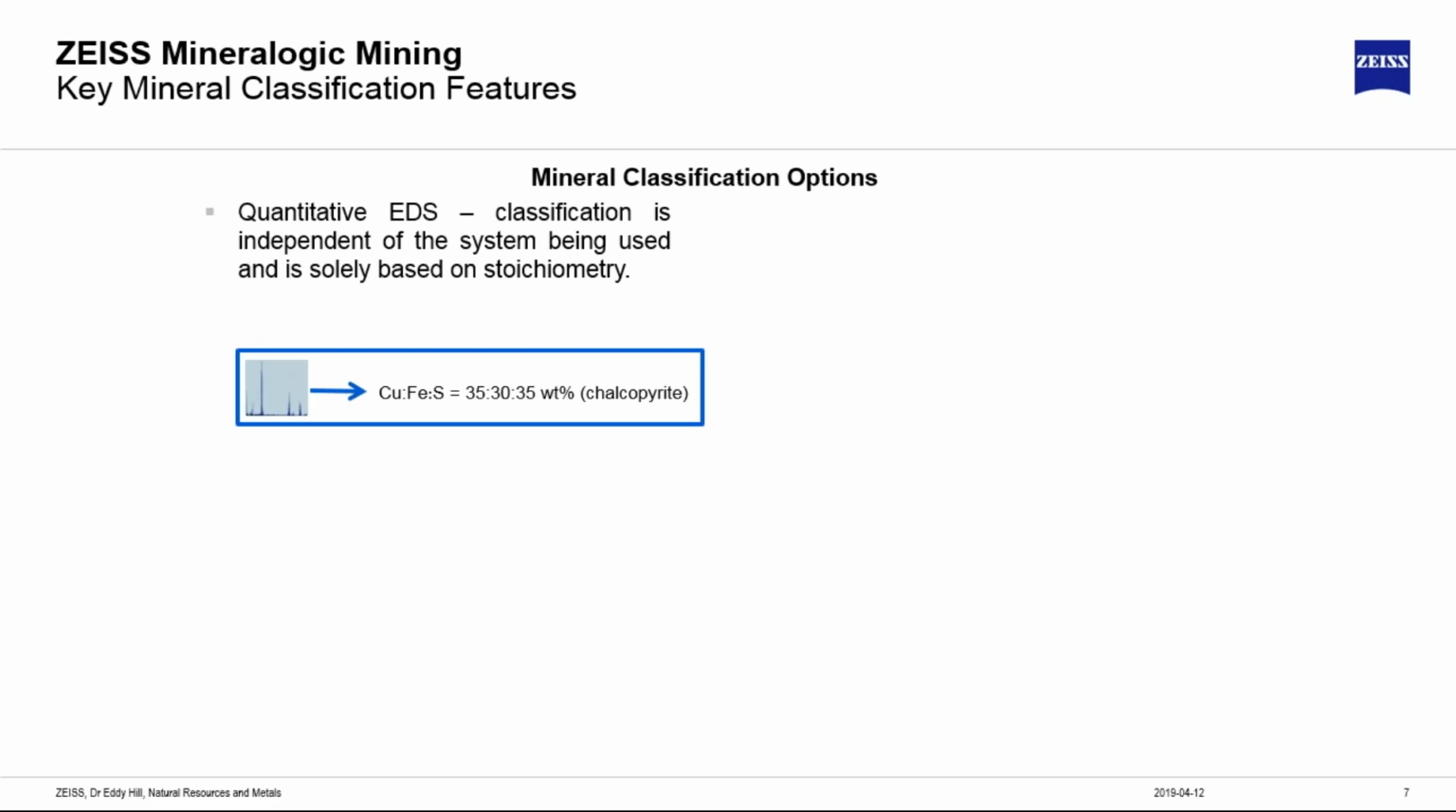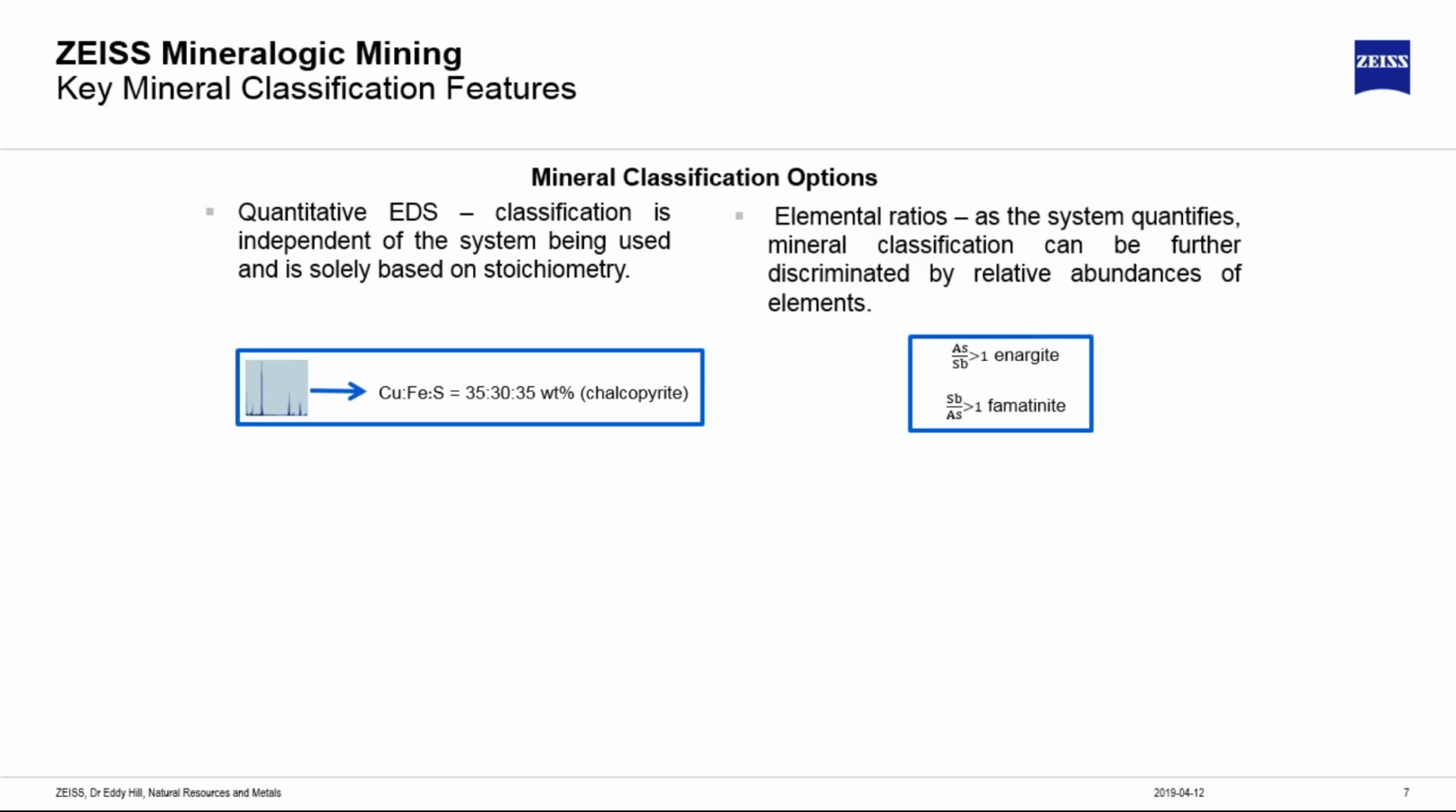In this case, we have, as an example, chalcopyrite, where the composition might be 35 weight% copper, 30 weight% iron, and 35 weight% sulfur. And it's this weight% distribution of the elements that we use within the mineral library in this case, or could be the materials library. Since we have the weight proportion of the elements, we can also use element ratios in order to better classify. So the element ratio can be used in conjunction with the chemical stoichiometric description itself to further refine or split the